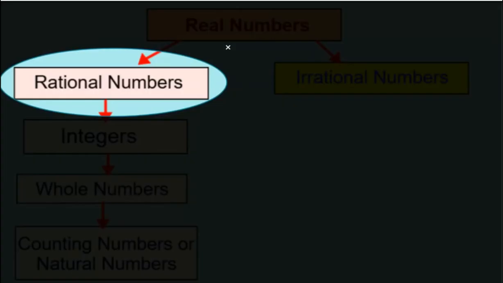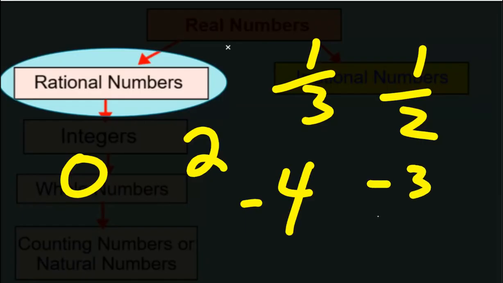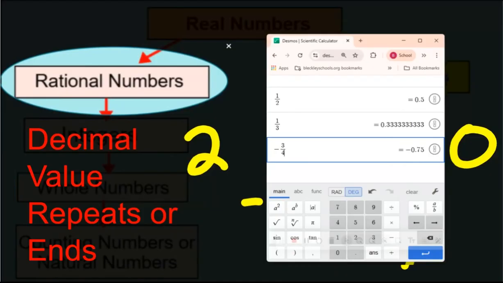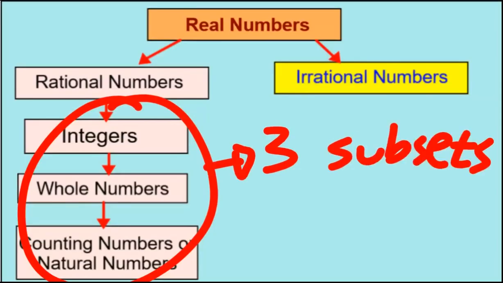Rational numbers are everyday, regular numbers like 2, 1/3, 1/2, 0, -4, -3/4, just everyday numbers. If a rational number is not an integer or a whole number, then its decimal value either repeats or ends. In this diagram, there are 3 subsets of the rational numbers, which of course makes them subsets of the real